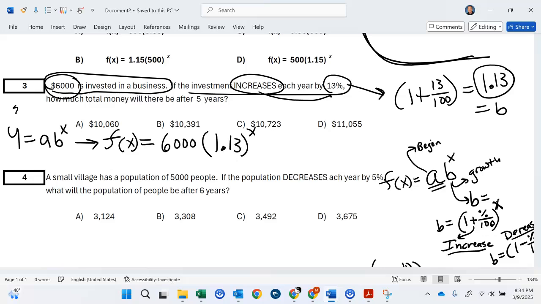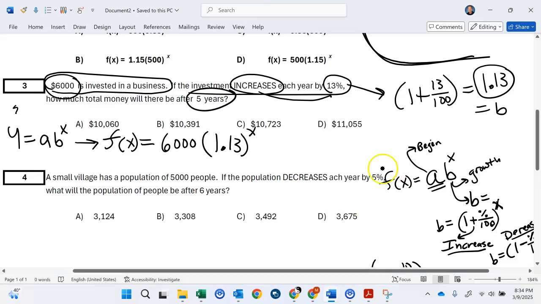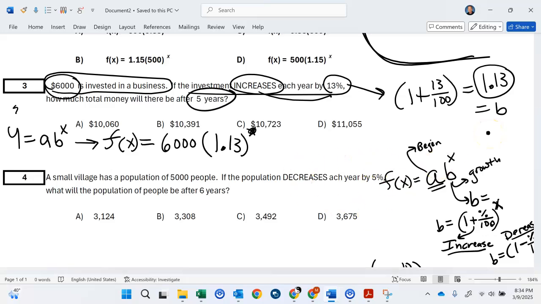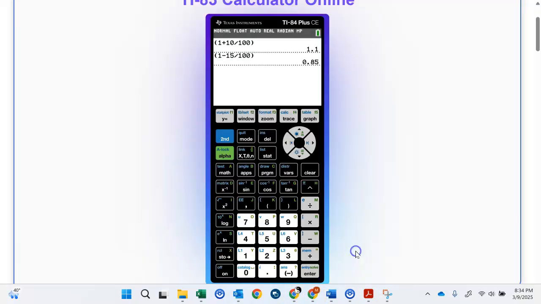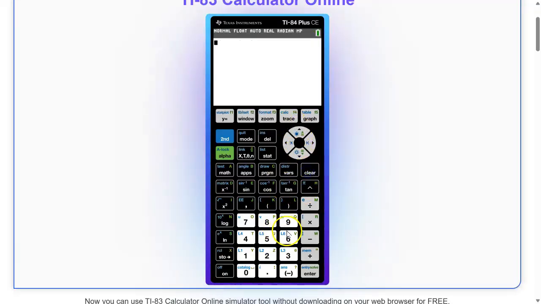And then to the power of x number of years, and we're doing 5 years. So actually this should be 5, okay? So that should be 5 from right here, okay? So if we do that, we're going to be able to figure out how much it is. So we're going to get our calculator again. And we're going to go 6,000, parenthesis, 1.13, parenthesis, to the power of 5, and we get